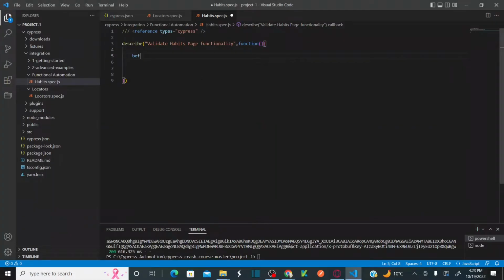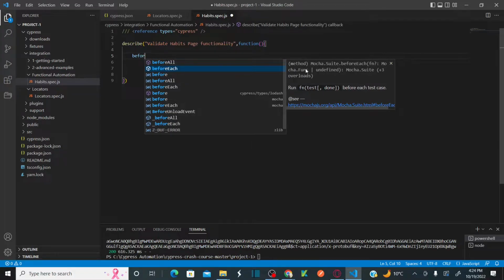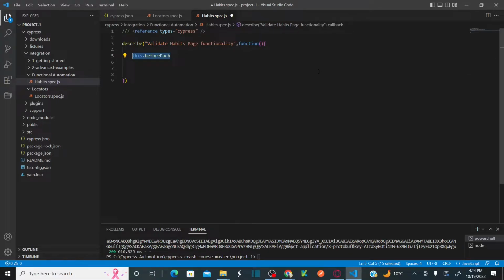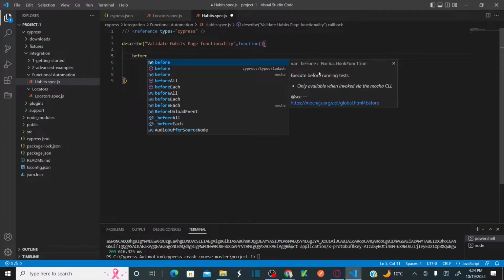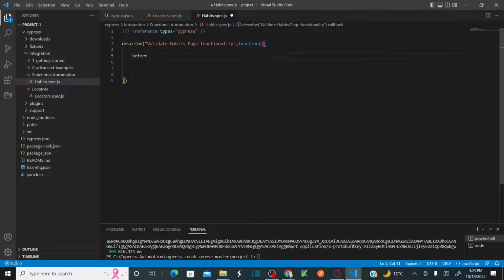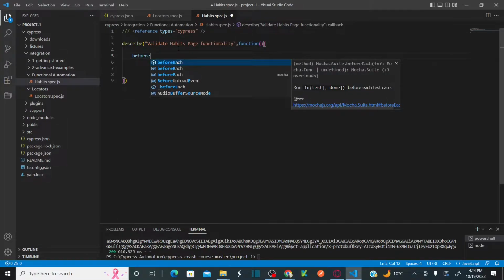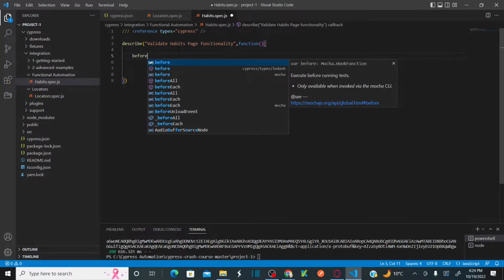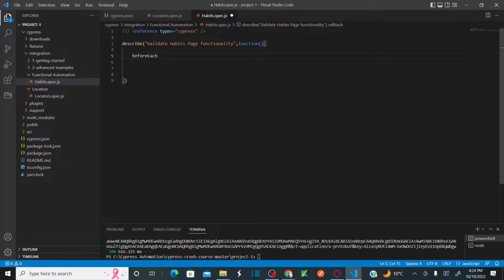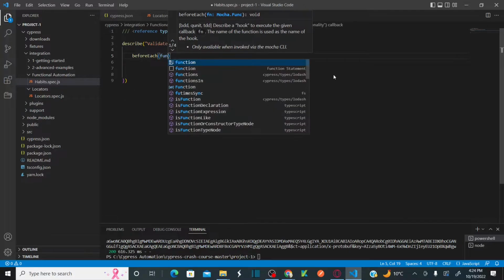Okay, for that, so before each, I need to use the before each hook function. If you see here, this is also a Mocha function, which is a hook function. Okay, before each, if you see, this is your hook function. Before each, what I want to do, this is my function,